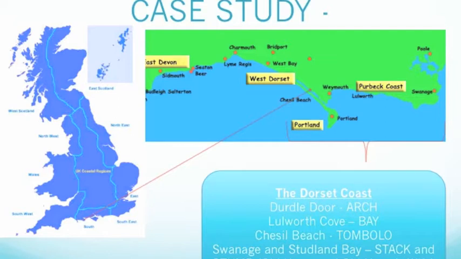So if we have a look at the map to your left, you can see a full map of England, the UK. If you have a look right down to the south coast, you can see the red line that goes down to the Dorset coastline. And it's enlarged for you. So we go all the way from Chesil Beach all the way to Swanage, as you can see on your map. So I've just labelled on there, you've got Durdle Door where there's an arch, Lulworth Cove where there's a bay, Chesil Beach where there's a tombolo, Swanage and